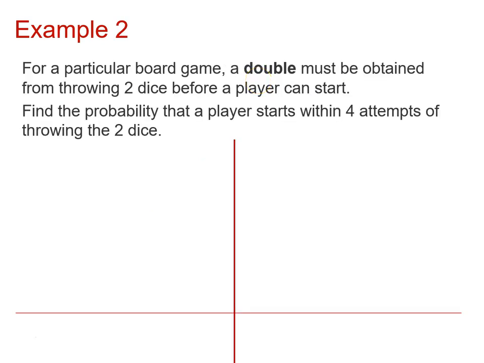So the next example is in a dice game. We define a double to be throwing the same number on 2 dice, and that must be obtained before a player can start. So we need to find the probability that a player starts within 4 attempts of throwing 2 dice. So if we let X equal the number of throws before a double,